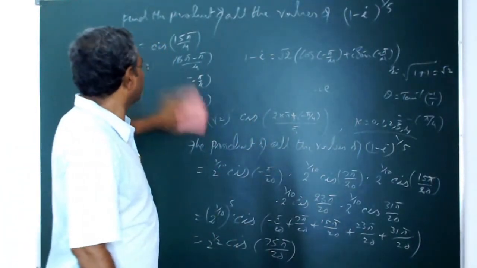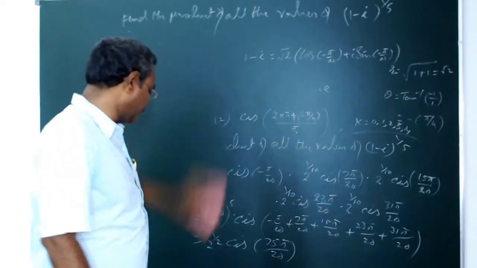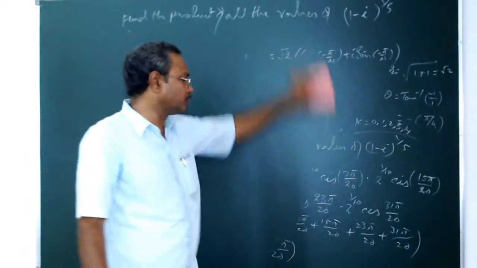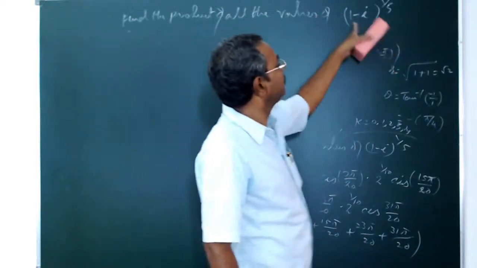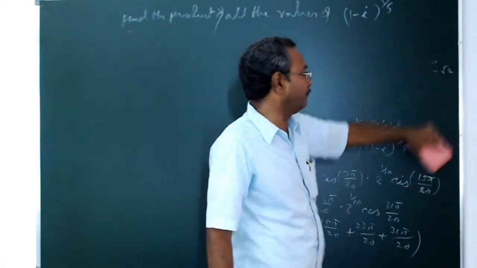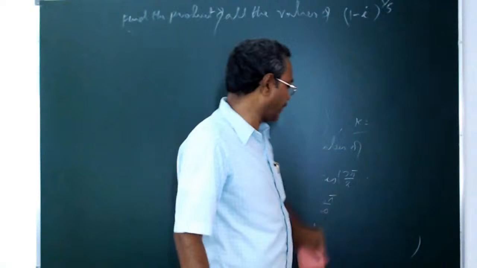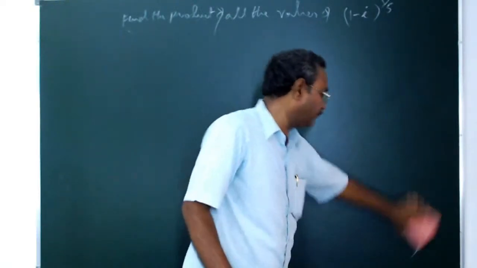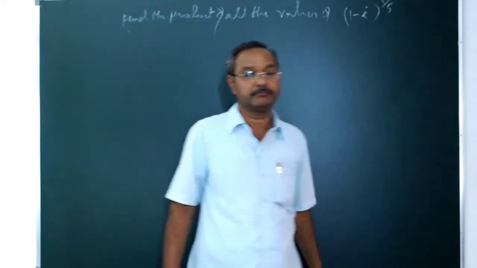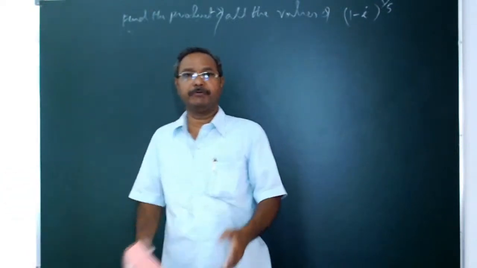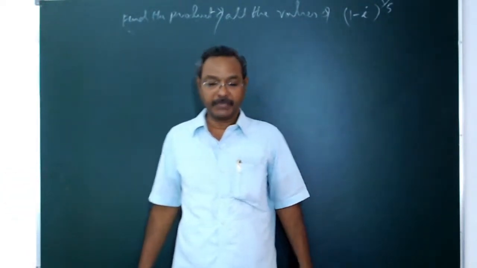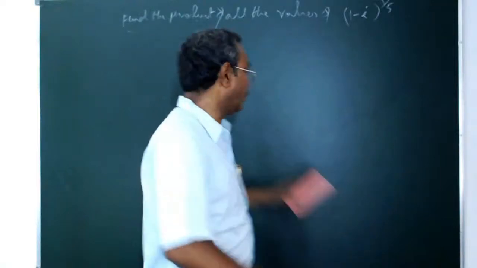Okay, so that is the product of all such values of this 1 minus i to the power of 1 by 5. So this problem corresponds to finding the fifth roots of the complex number. And then we have extended the problem a bit further. Okay, now comes